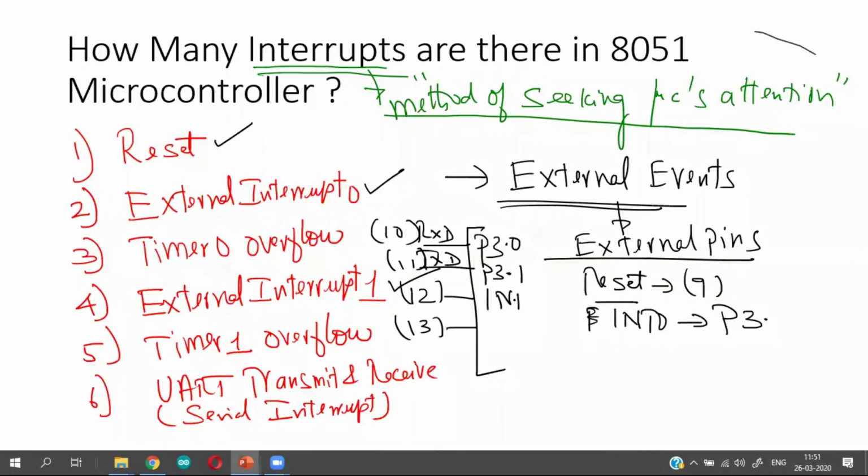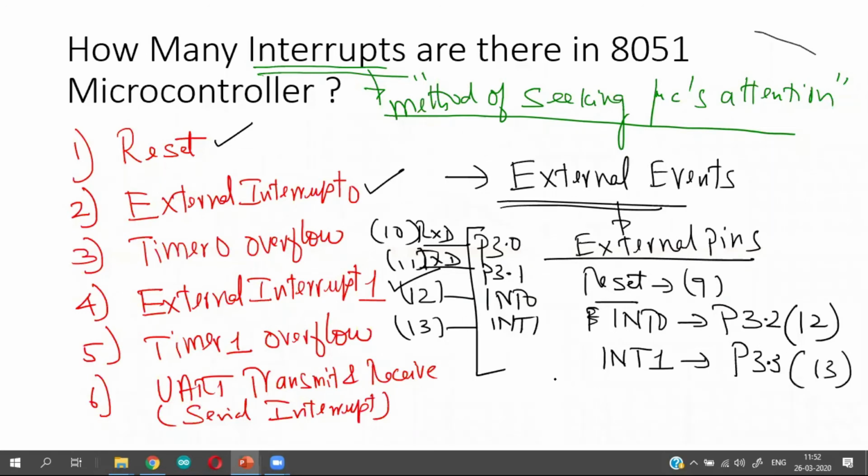this is INT 0, this is INT 1. External interrupt 0 and external interrupt 1. So INT 0 happens at pin 3.2 or pin number 12. INT 1 or interrupt 1 happens at port 3.3, that is 3.0, 3.1, 3.2, 3.3, or pin number 13.